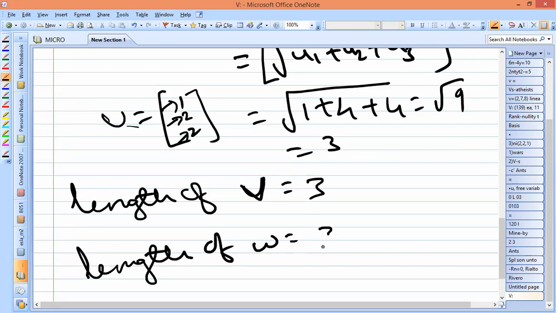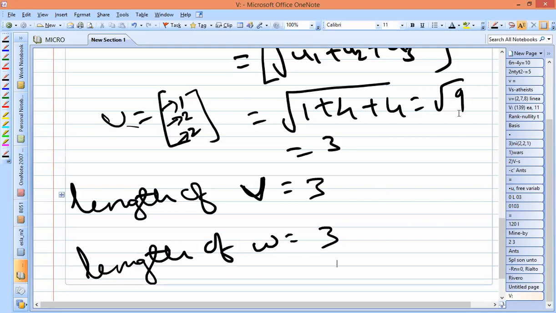Yes, 3. So here in this problem, we have seen how to check whether the given vectors U, V, W are orthogonal pairs or not. For that we have taken the dot product between the two vectors. And also we have seen how to calculate the length of the vectors U, V, W, for the same orthogonal set of vectors U, V, W.